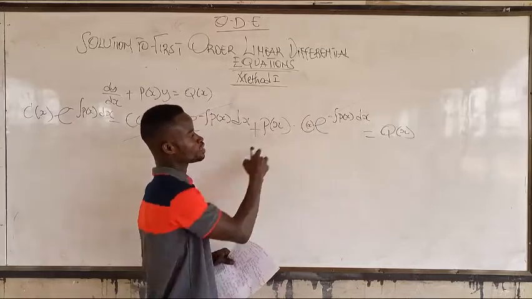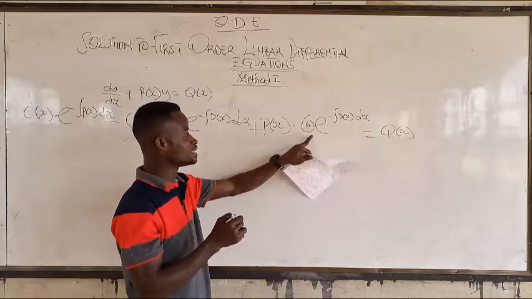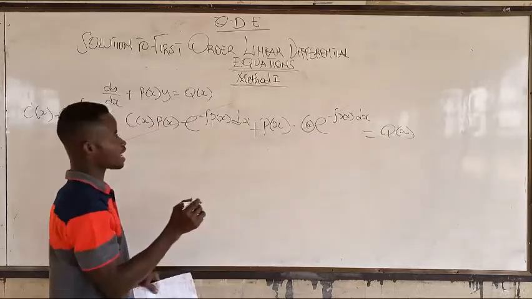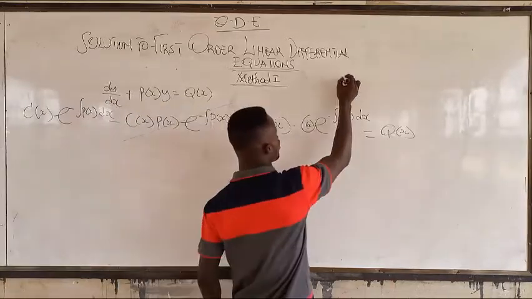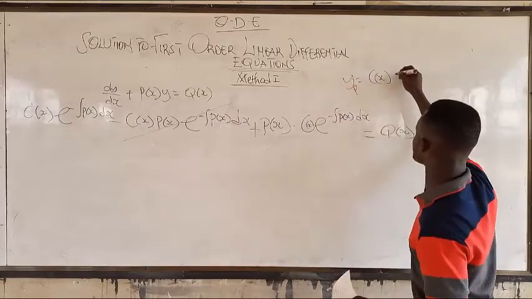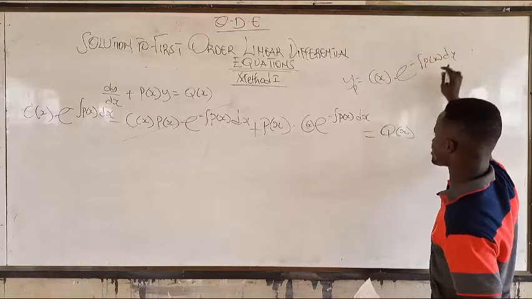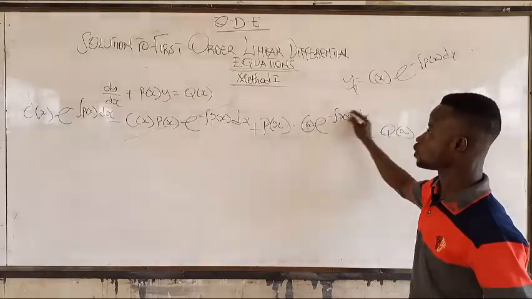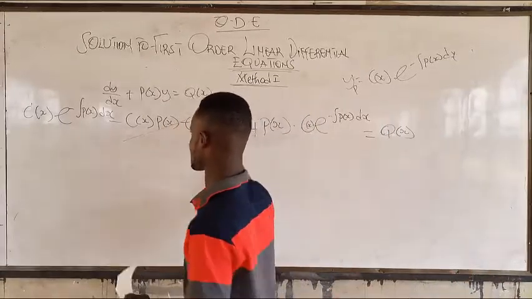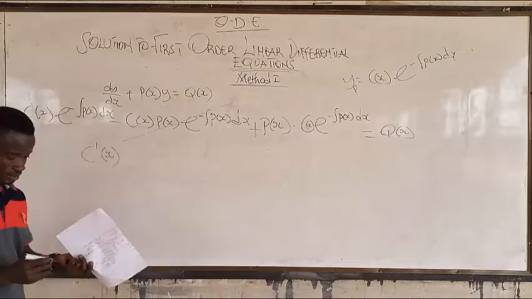That place is supposed to be C in terms of X. Don't forget that we are doing the substitution of y is equal to C in terms of X, times e raised to negative integral of P of S dx. So that will clear up this, and we are going to get C prime of X